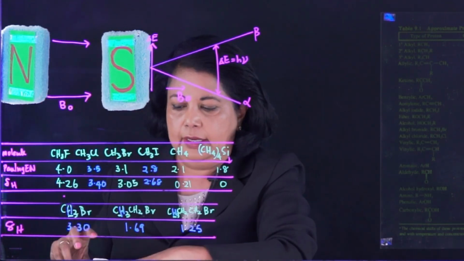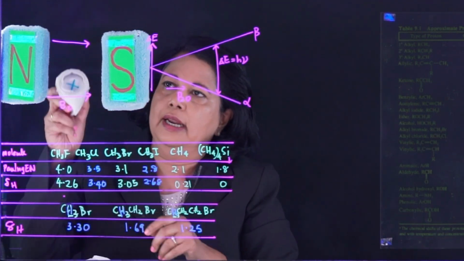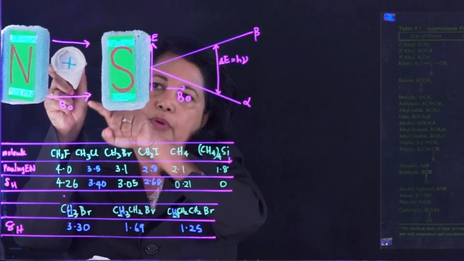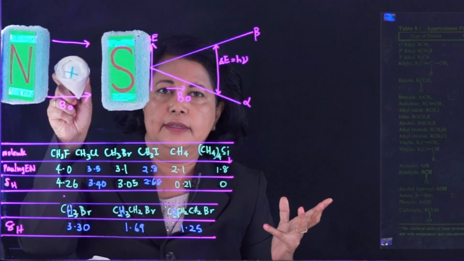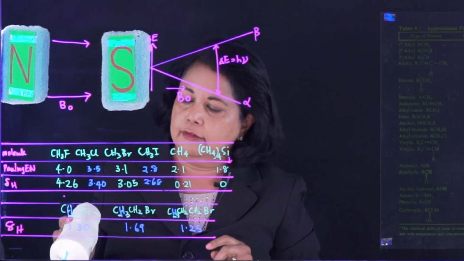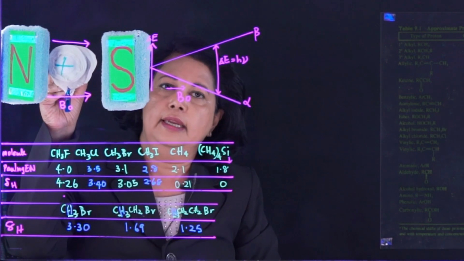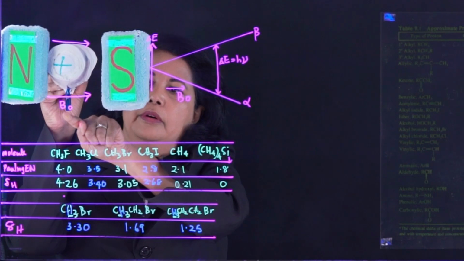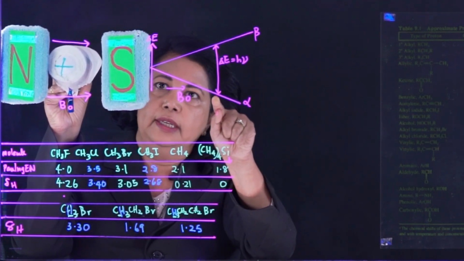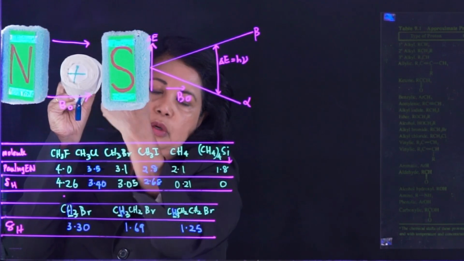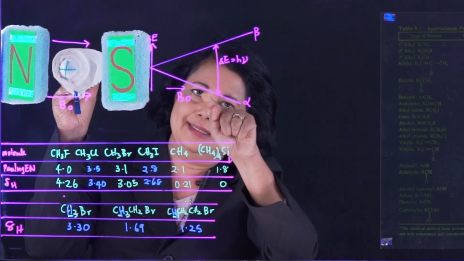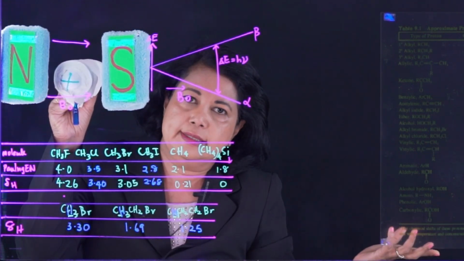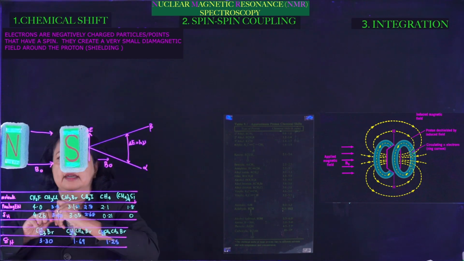Now, if you have a thinner electron cloud like this, the shielding that you have from the magnet would be less. So it means that if you have more electrons around a proton, you will be more shielded. That means the magnetic field that you feel in the presence of these big layers of electrons would be less. If your magnetic field is less, then your frequency would also be less. So in essence, B